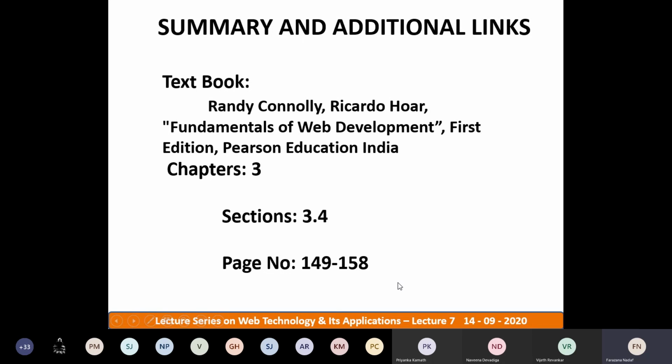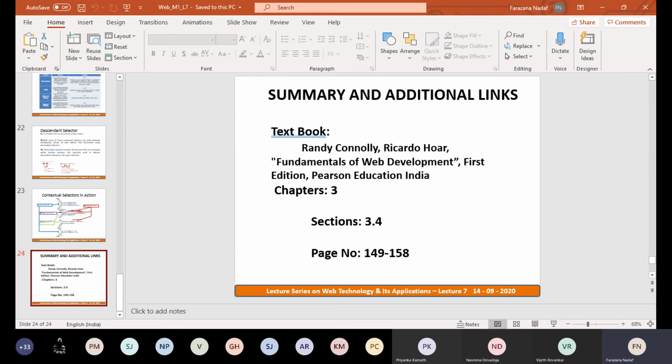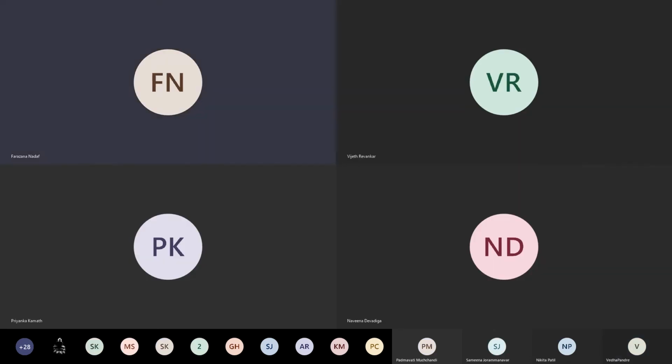I want to show you an inline style sheet. Just look at the page where you can add the style sheet. I'll share the HTML file. Is this visible?